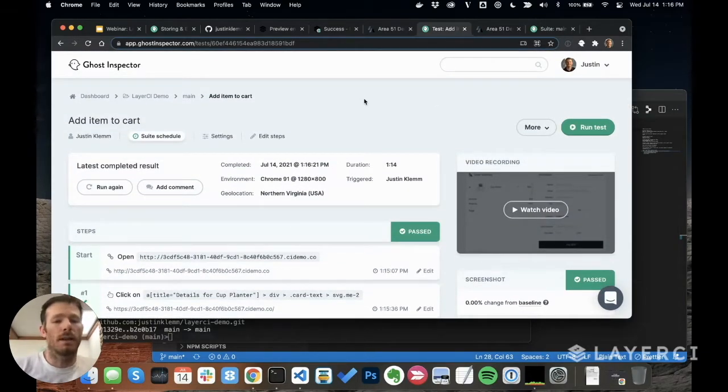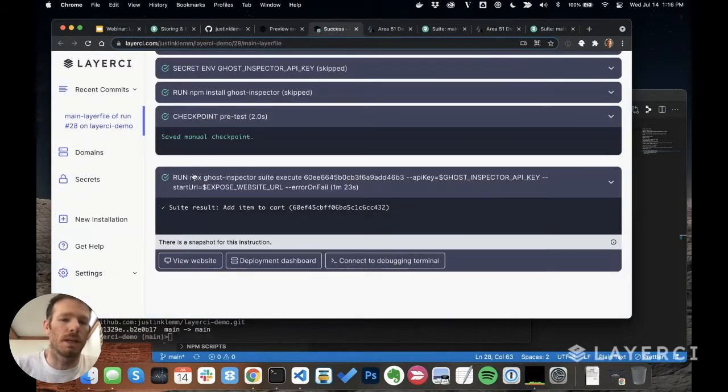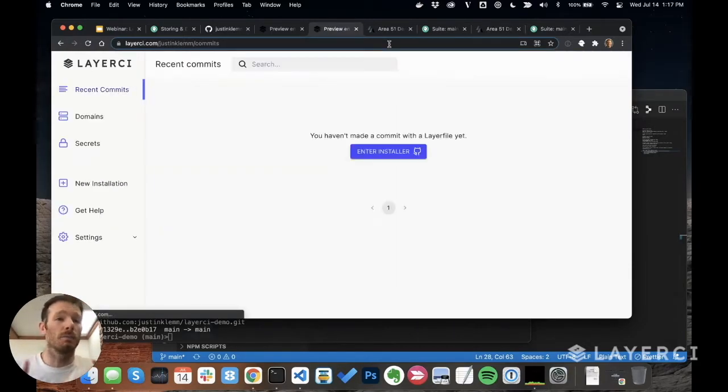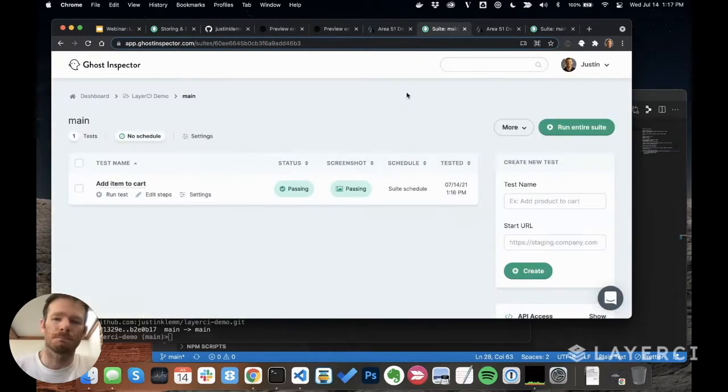So now we've got this test that's in our main suite. And if I pop back to LayerCI, we can see this completed here, add item to cart, completed successfully. So at the most fundamental level, that's how you can get started integrating these tests. What I would typically do here is start to build out my core flows that I want to test. So what are the things that really need to work on my site, and start there, start building